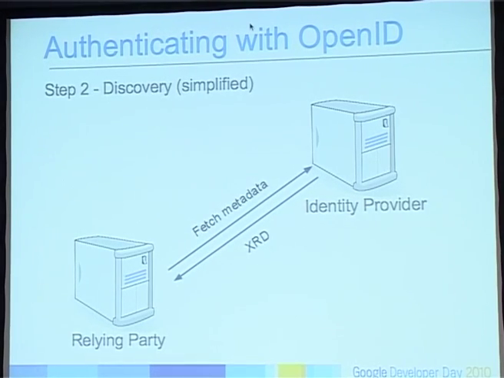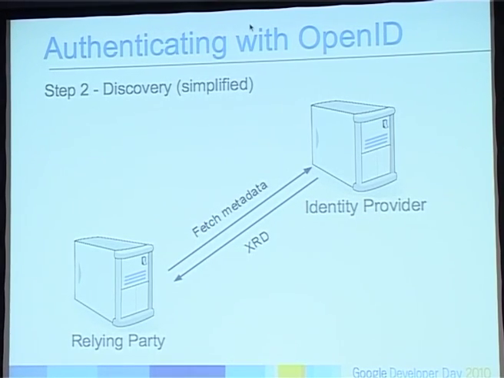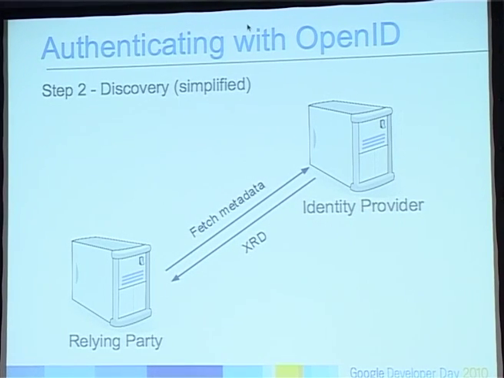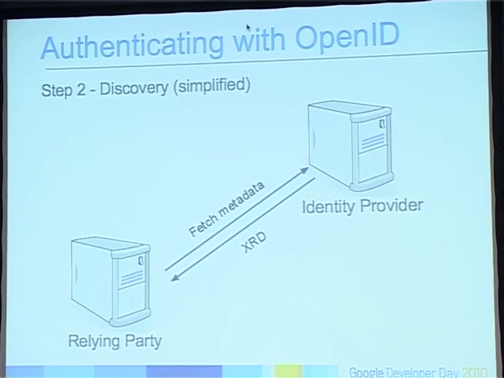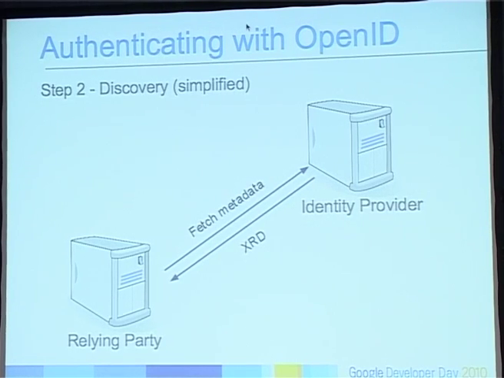And so this is a very simplified view of it. There's actually 4 or 5 different discovery protocols that have evolved over the years. The one that's used probably the most often is a form where the server will return back a simple XML document called an XRD, which is Extensible Resource Descriptor. And it basically just has a bunch of URLs in it. It says, okay, I have an OpenID provider, authenticate the user at this URL, and here's the version and some